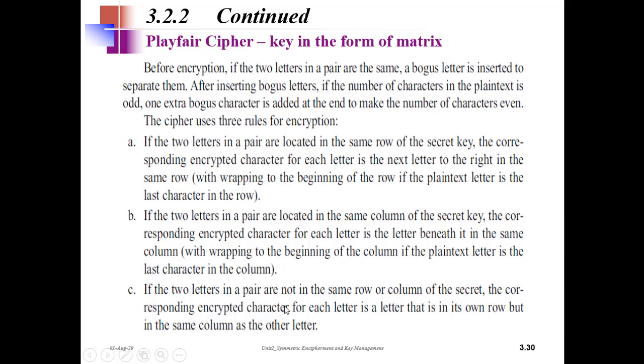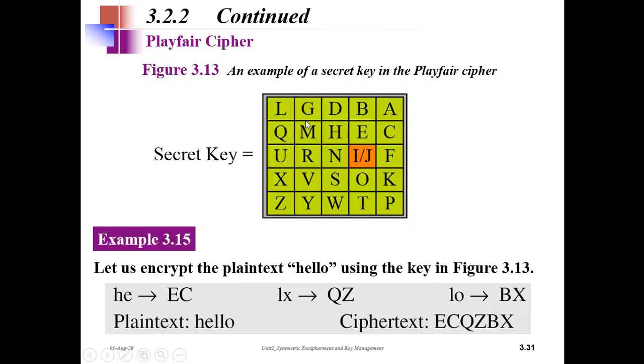Each plaintext character is encrypted using its own row, which means you have to take from this row only, but in the same column as the other character. So O is in this column, so it should be encrypted as B. Same for the other O, so we use the same row. So what is the column for L? We check, and it is X.